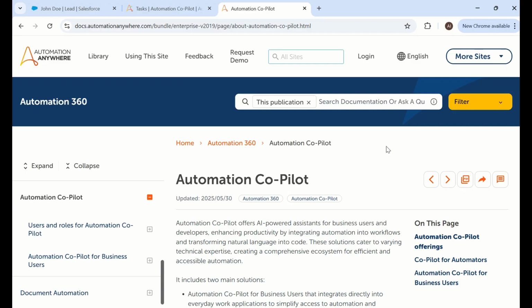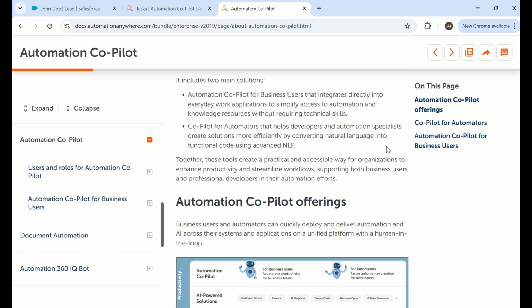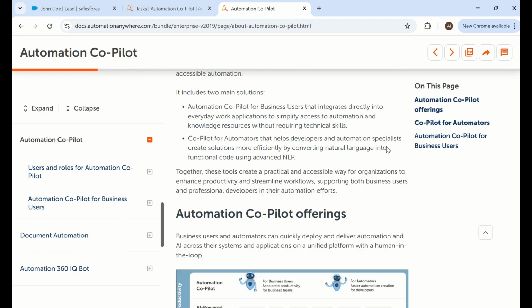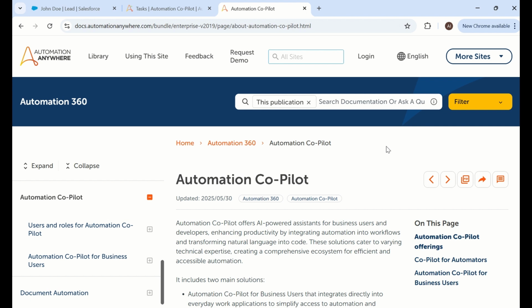Before integrating a Copilot into Salesforce, we have to set up a business user for Copilot. To set this license, I would recommend you go to the Automation Anywhere documentation portal and search for Automation Anywhere Copilot. You will see the step-by-step procedure for how you can set a particular role for the business user. If you're having any trouble setting up, please contact the Automation Anywhere support team, or you can always ping me for help. Once your Automation Anywhere Copilot for Business User license and the role are set, the second step